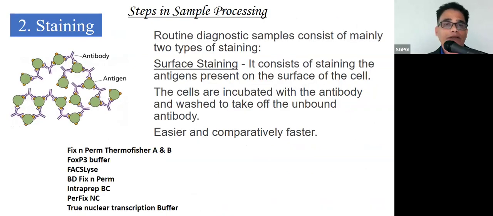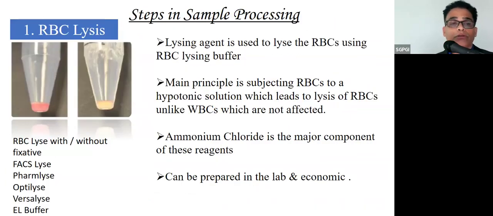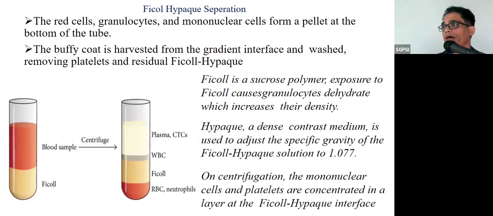So the second part is the staining. The staining has surface staining as well as cytoplasmic staining. So, the staining procedure. We'll go back to the lysing. If anybody has a question about what the centrifugal speed should be, it's 540 G, once you spin after lysing,